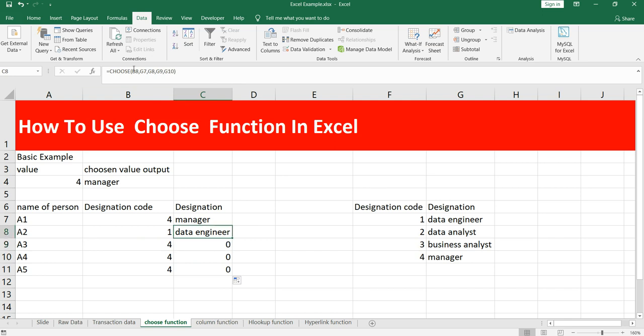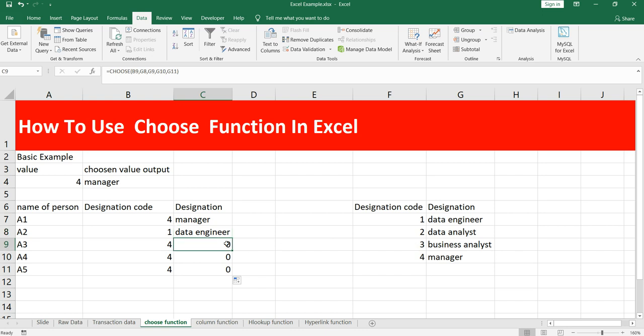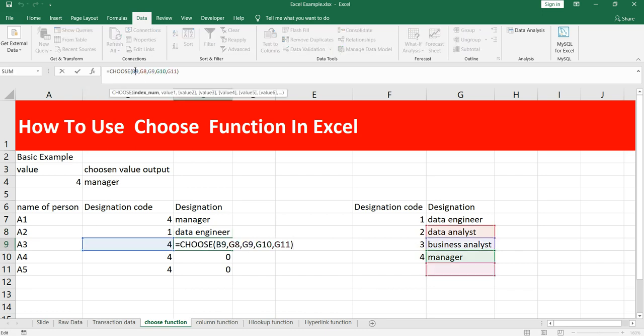So currently, if you see, you are choosing B8 as an index, and then it starts with G7, which is this cell. Now when you drag this formula, it takes B9 as index, which is correct, but it starts the index value from G8, which is not correct.